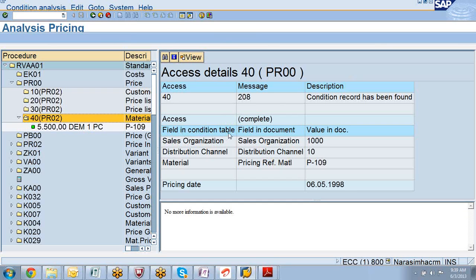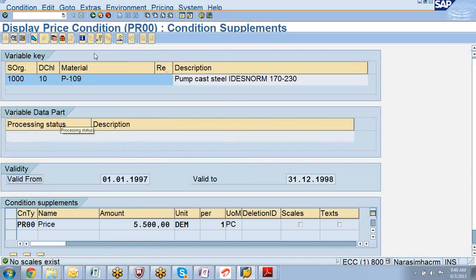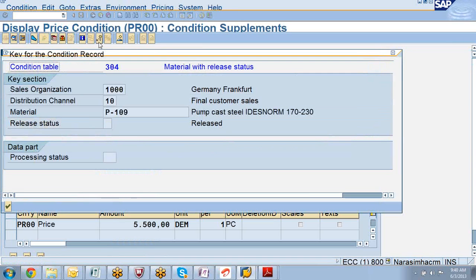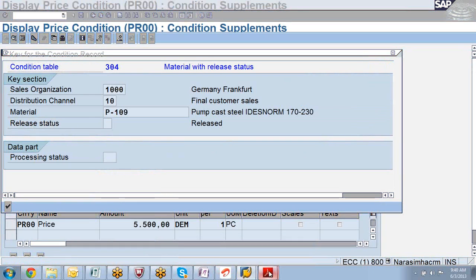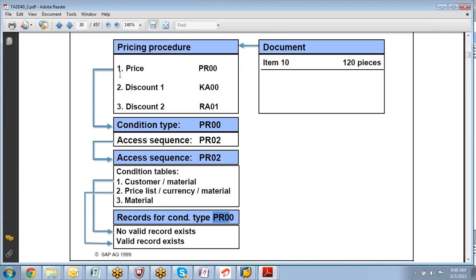And see this, it has found something called a field in the condition table. What it found? 304 is linked, isn't it? So in this case, what he has linked is, in the condition table he found this 304. So tomorrow we will see